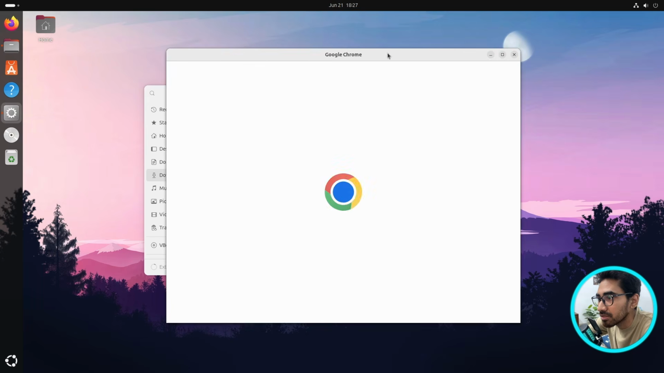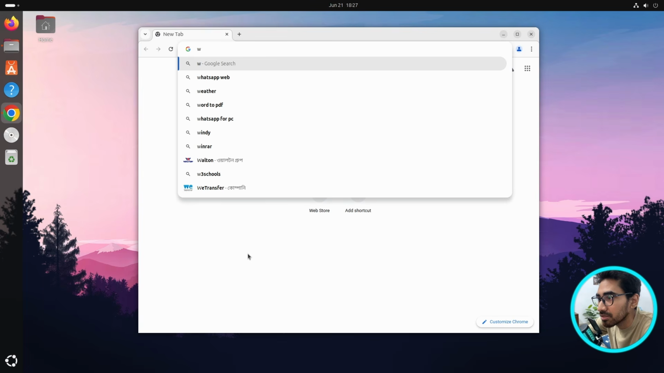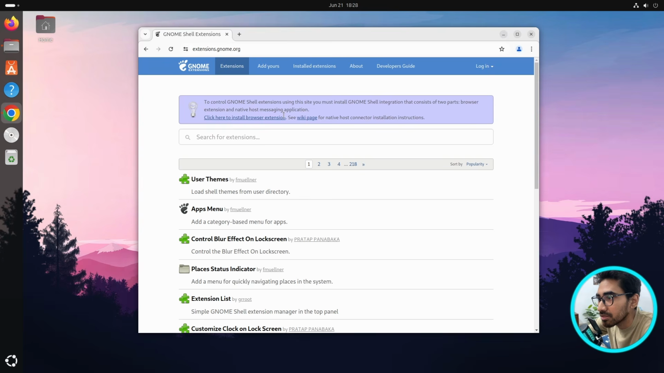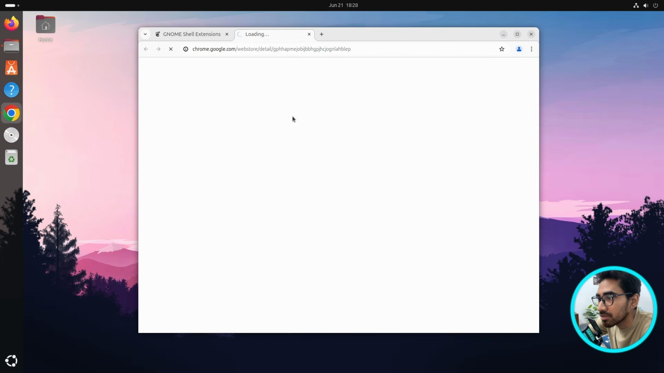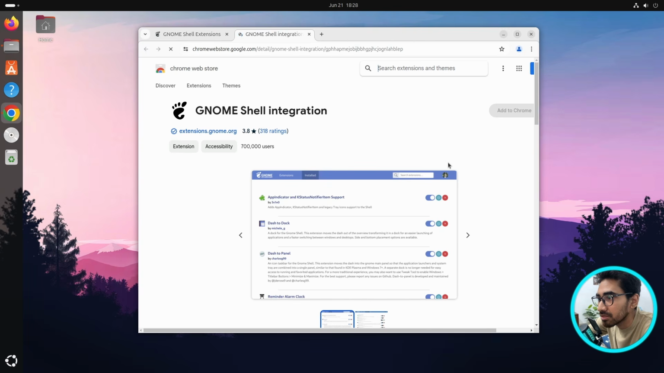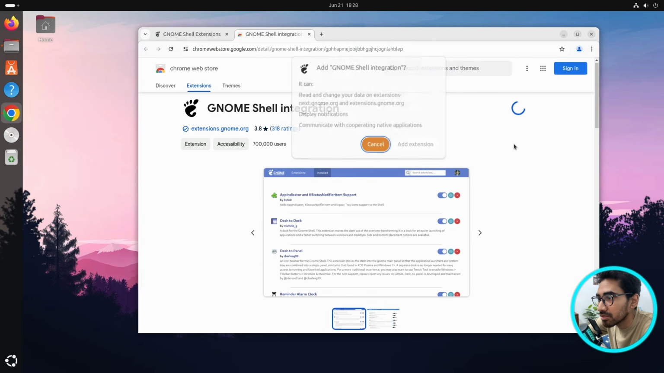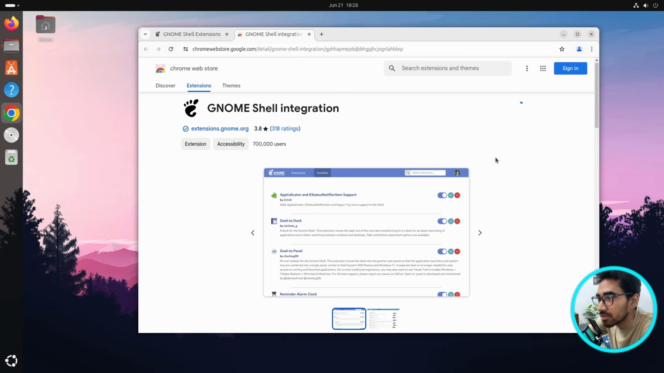Okay, close that. I'm going to type GNOME extension, GNOME Shell extensions, and click here to install browser extension. Click this one. So first we are going to have to install the browser extension. All right, so here I'm going to click on add to Chrome, add extension, yes, and